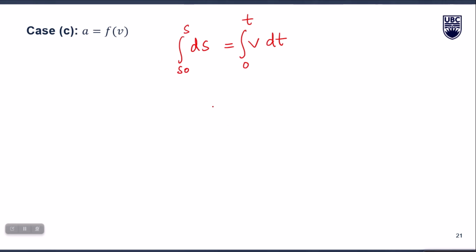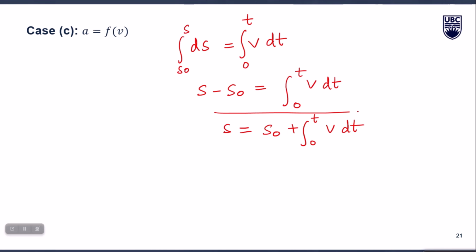So this will become s minus s naught is equal to this integration, which we cannot solve because it depends on the function which is given to you in that problem, and s can be expressed as s naught plus integral 0 to t of v dt, right? So this will be your final relationship which is relating s and t, or s is being expressed as a function of time, right? This case C also has an alternate solution approach,